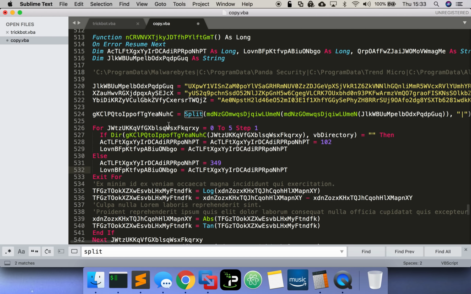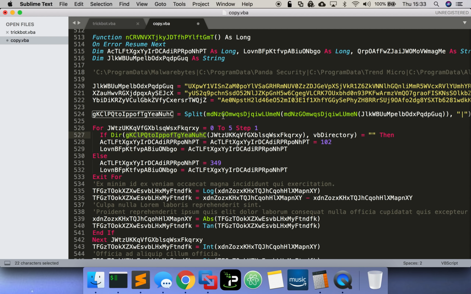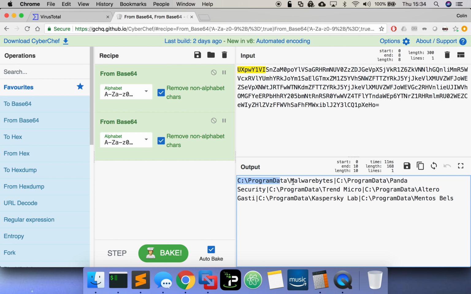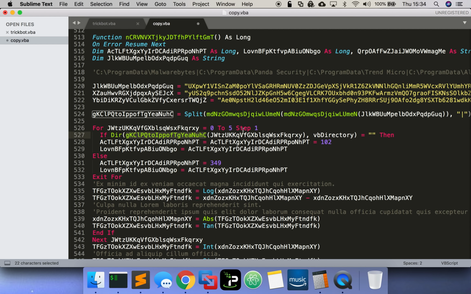So let's have a look at this for loop. For 0 to 5, what's going to happen is it's going to check to see if a directory exists or not. So basically, if a directory does not exist, so if directory, and it's going to pass in each value in the array that we've just split. So if we go back to CyberChef, it's going to pass in C program data malware bytes, and it's going to say, is that a directory? Or if it's not, rather, then it's going to set this particular value to 102. And then it's also going to set this particular variable at the end here to